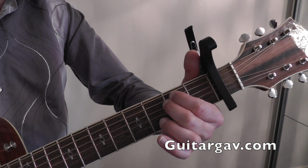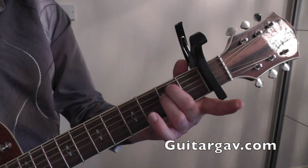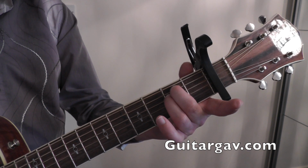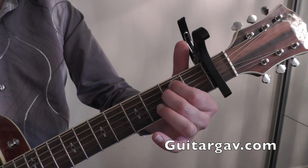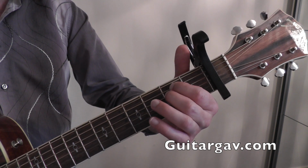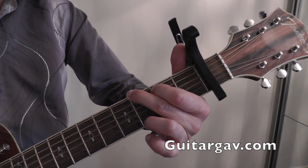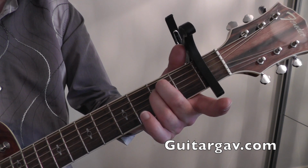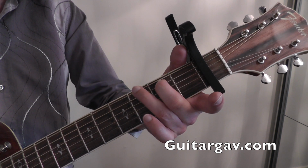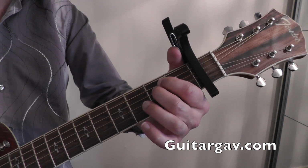Fingers 1 and 2 for E minor, but it's up to you. You can play it this way or fingers 2 and 3. Either way, it sounds the same. If I use fingers 1 and 2, I can get to G chord this way. Or if I use fingers 2 and 3, I can extend fingers 3 and 4 to get to a G chord. Putting those together,